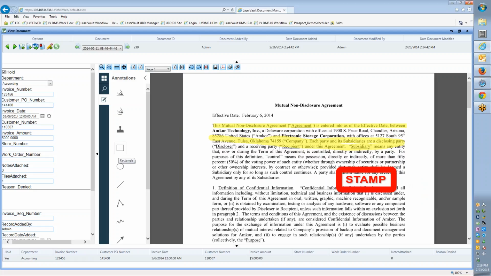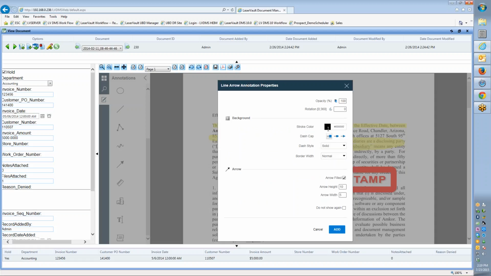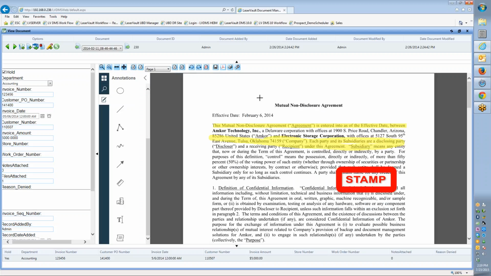You have other options like rectangle, filled or not filled, circle, line, connecting lines, freehand lines, and arrows. Again, you can change the color of your arrow, arrow height, and arrow width. There's an example of an arrow. There's also a line, which can be a ruler, a polygon ruler,